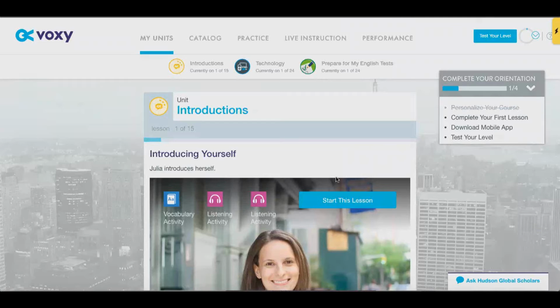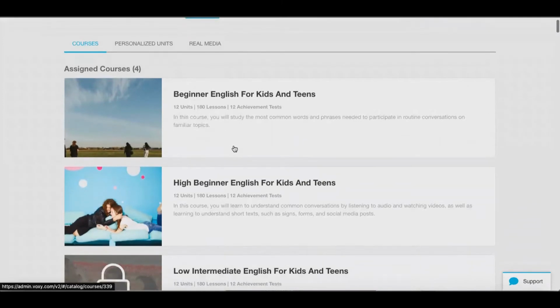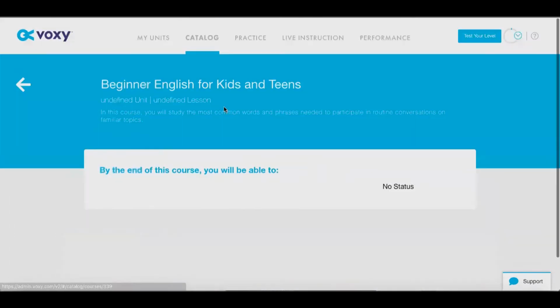So this is the main Voxy homepage. And before this, learners would complete a proficiency assessment so we would know exactly what their level of English proficiency is. I have 4 assigned courses to me because this is what it would be like for your learners. Beginner English for kids and teens. And if you come in here, you can see